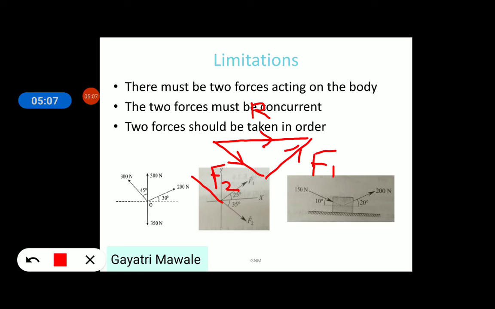Now angle between F1 and F2 force must be 120 degree here, this angle must be 120 degree. If angle between resultant and say F2 force is theta, then this third angle we can write as 180 minus 120, that is 60 minus theta. Now to this triangle we can use triangle law of forces to find out unknowns.